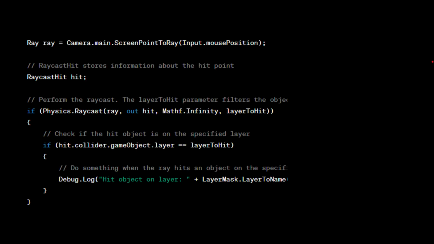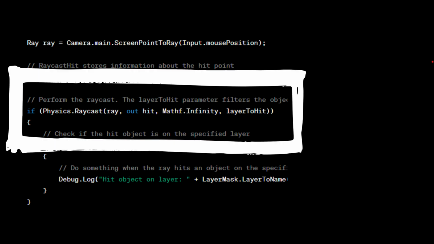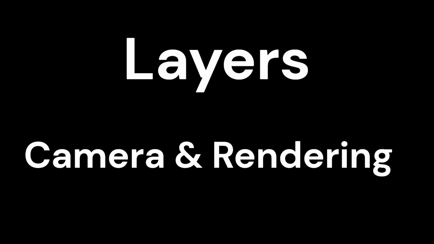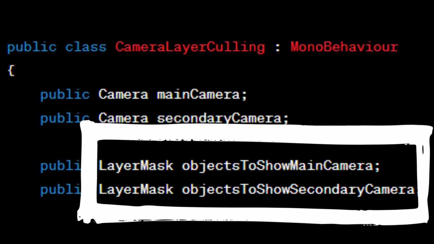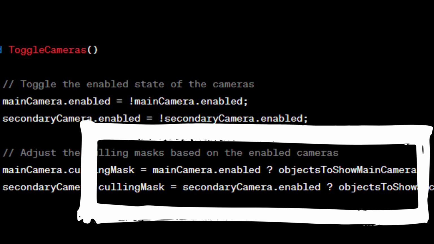When performing raycasting or other physics queries in your game, layers help you filter the objects that should be considered in those operations. This allows for efficient and targeted physics simulations. Camera rendering. Layers are used to control the visibility of game objects for specific cameras. This is useful when you want certain objects to be visible to one camera but not to another, enabling complex